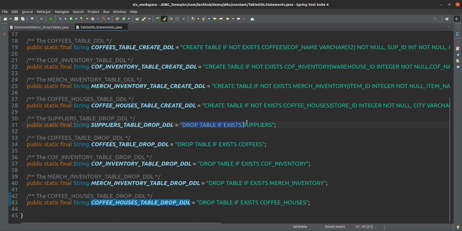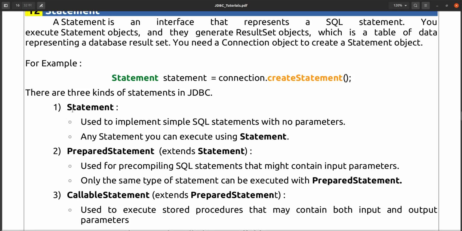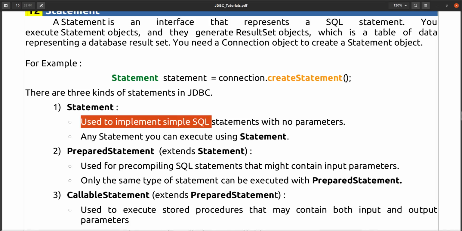Drop table if exists, this is the name of the table, supplier. Drop table if exists, table name coffees. Drop table if exists, table name coffee inventory. So this is a simple statement without any parameter. As we have already said, statement can be used to implement a simple SQL statement with no parameter.